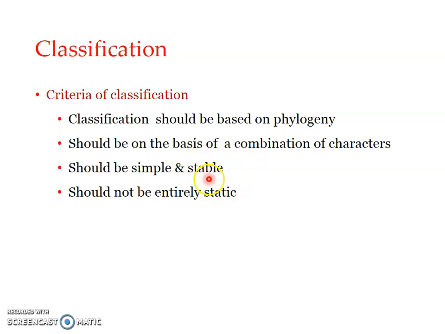To some extent, it should be stable as far as possible, but it cannot be static every time, because every day there are plenty of animals getting discovered, new species are getting discovered. So when you are including these species, obviously the classification may have to get modified accordingly. So what happens, it cannot remain entirely static, it has to be modified with respect to the addition of new